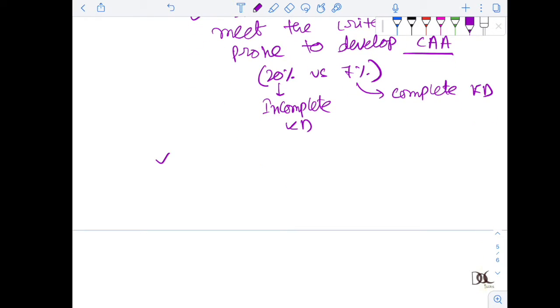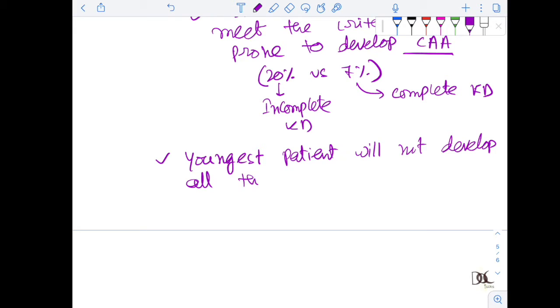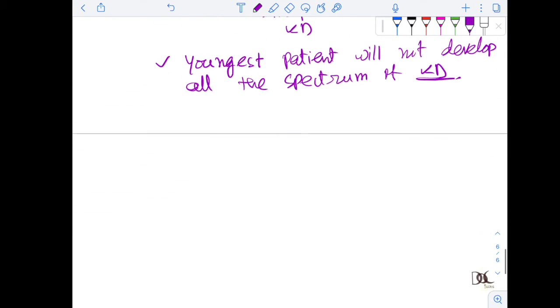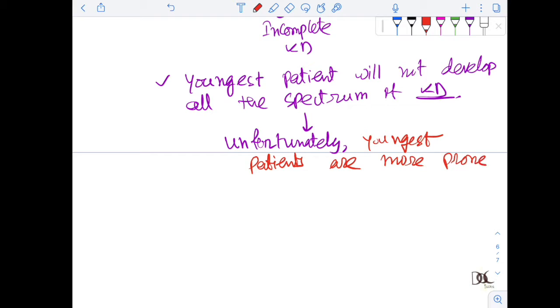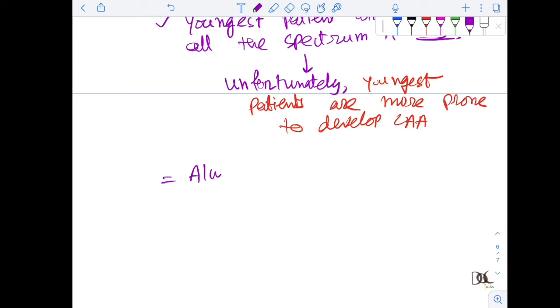Okay. And the next thing you should know, the youngest patients will not develop all the spectrum of KD. We all know that. So unfortunately, the youngest patients are more prone to develop CAA. Hence, always remember in your practice, always remember, if any children